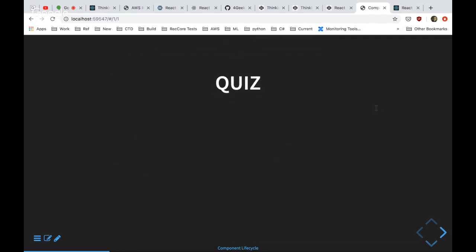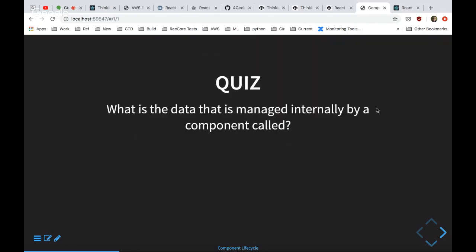And that's distinct from, what is the data that is managed internally by a component called? Exactly. Yep. State. State is anything that's managed internal to a component is called its state, and anything that gets passed into a component is called props.